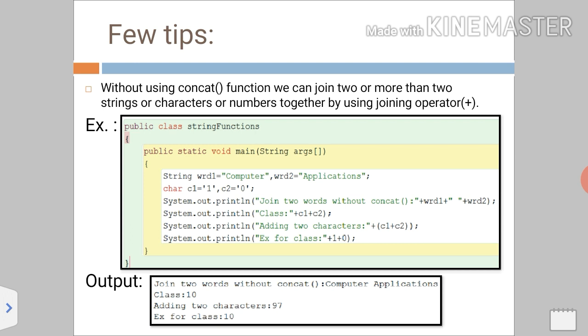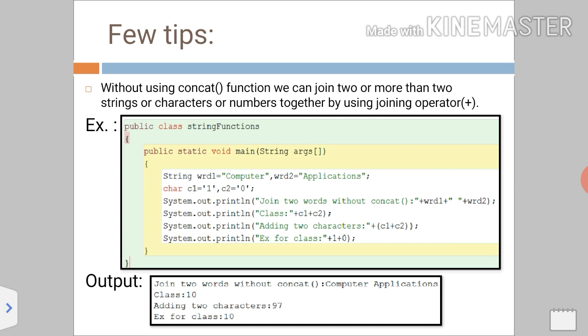See, in my example, wrd1 and wrd2 are two strings. I want to join them together with the help of a space. That's why I had written wrd1 plus double quote space plus wrd2. It means I want to concat both the strings with the help of the plus operator with a space. In the next one, c1 plus c2, both are characters.